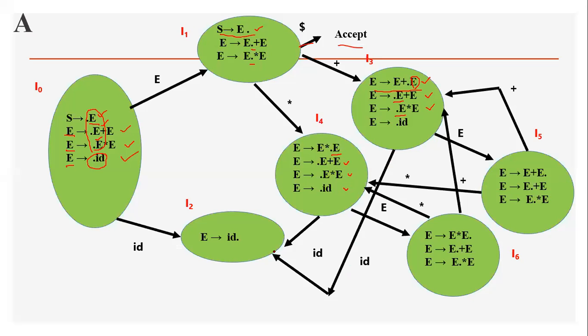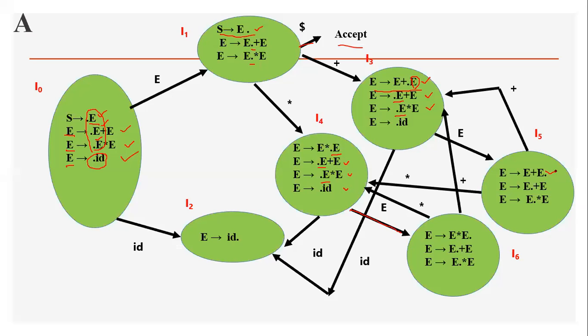Okay. Now come to this. Here also same thing where dot is at the front of E. If you move, three particular productions will go. That is on E, okay. E derives E star E dot at the end. But another two productions, E dot plus E, E dot star E. Like that you will get. Then on ID you will move to connect to I2 state. Okay. E derives ID dot. Now come to this. Anyway, for this dot is at the end, I5 fifth state.